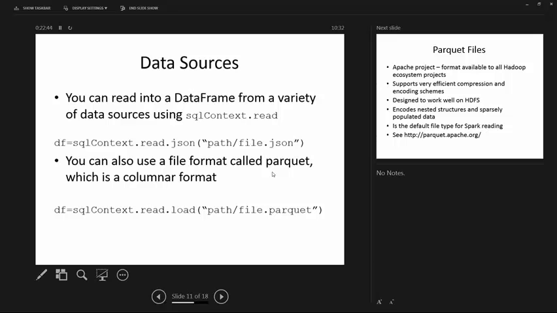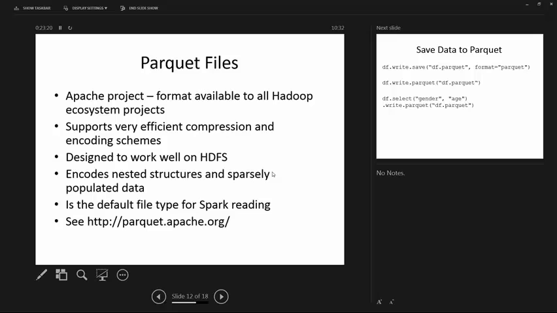There's also this file format called Parquet, which we haven't looked at before, and it's a column format file format, but it comes already loaded with a bunch of stuff like built-in compression, built-in schema definitions, and so on. So if you find out a bit more about Parquet, and you're doing lots of tabular file stores that you're going to access from Spark, then Parquet is quite a good format for doing that. So I'll just tell you a little bit about that. It's another Apache project,